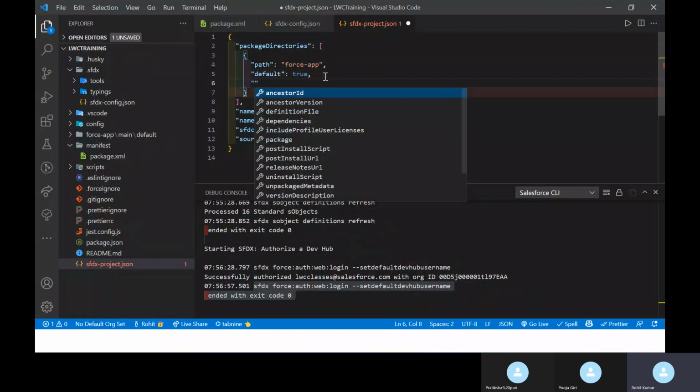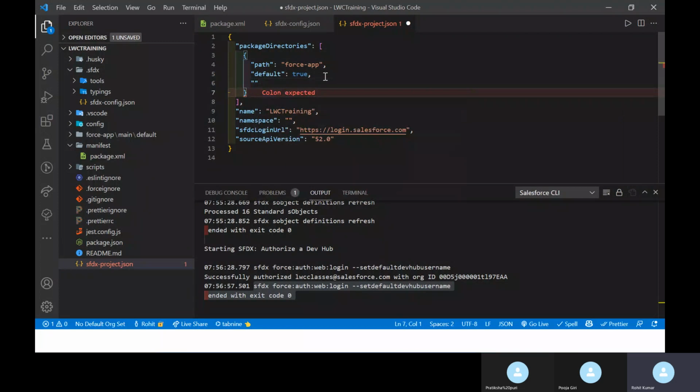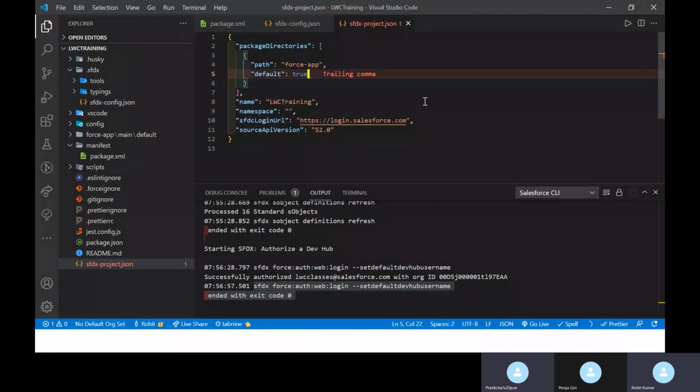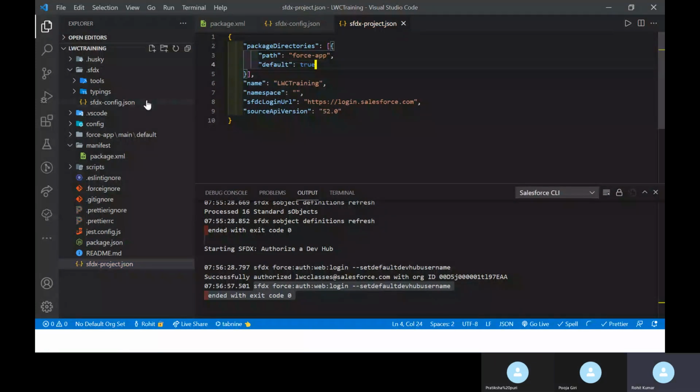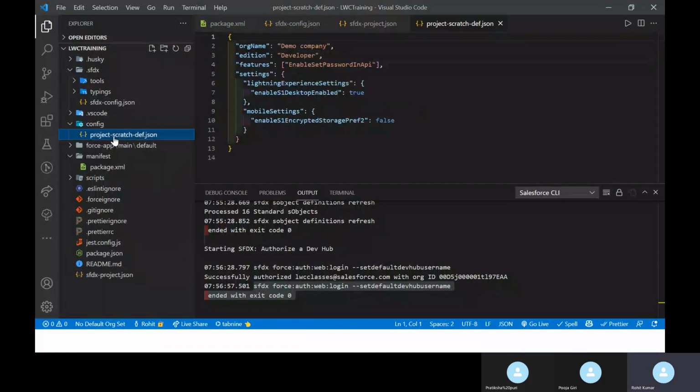It's not available right now, so let me remove this one because I need something for you. Let me show you configure project dev. Here you can see I need this one under the config folder. Please watch this carefully and focus on that.